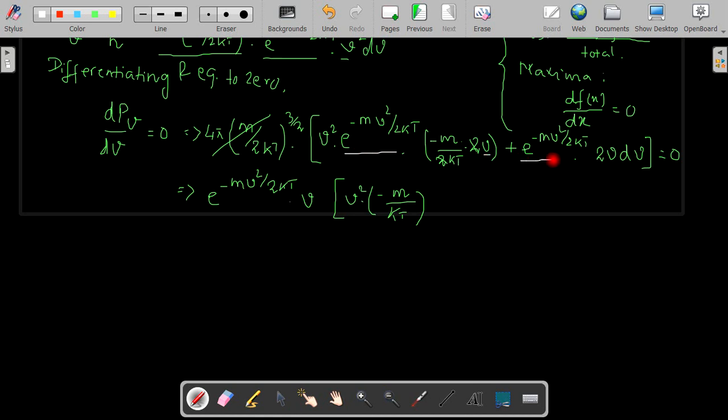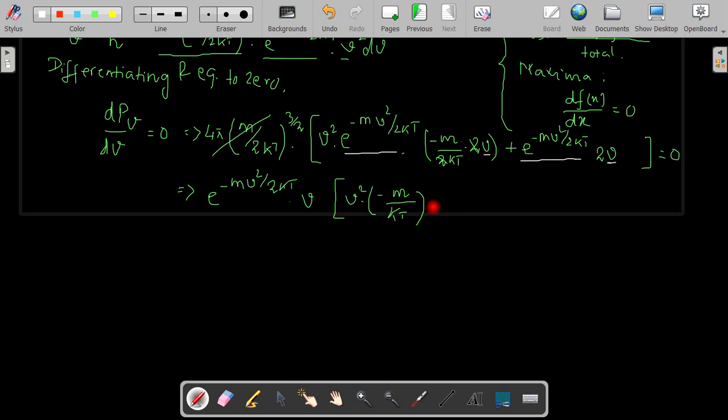common. See, this is common and the v is common, okay, not this dv, sorry, I have written this mistake, there should not be a dv here. Okay, so this is common. So what we can do now is we can differentiate this. So we can